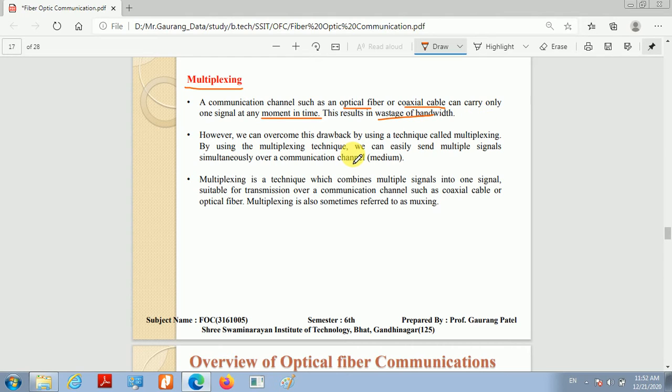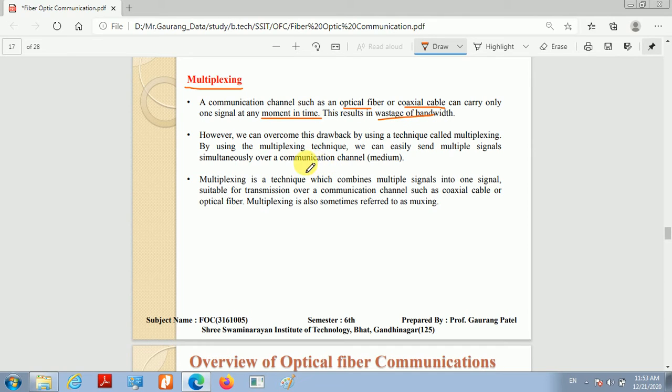मतलब हमारे पास जो चैनल होती है कम्युनिकेशन चैनल, अगर वो कोई एक टाइम इंस्टेंट पे एक ही सिग्नल कैरी करता है, then it results in wastage of bandwidth, means the full bandwidth of the channel is not utilized. Okay, so in order to overcome this drawback, we are using multiplexing. So in multiplexing, we are sending multiple signals simultaneously over the communication channel, so effective utilization of the bandwidth can